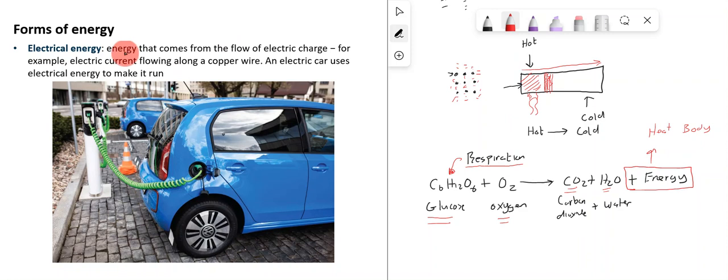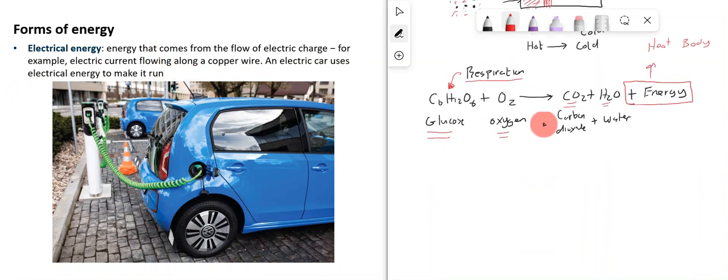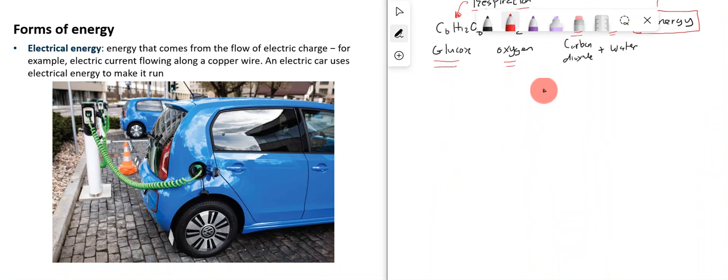So energy that comes from the flow of electric charge. For example, electric current flowing along a copper wire. An electric car uses electrical energy to make it run. So again, this is another form of energy that you have. You have electrical energy, and if we remember, so electrical energy, if we have, imagine this is a piece